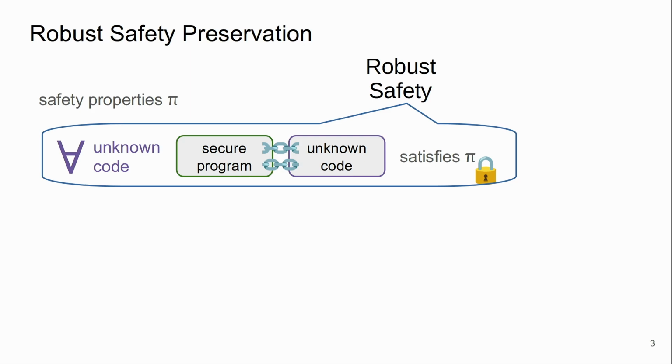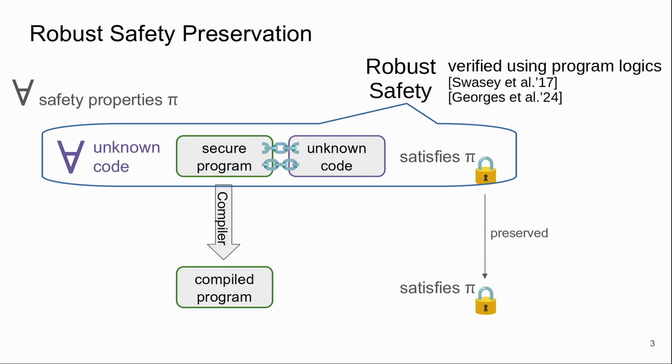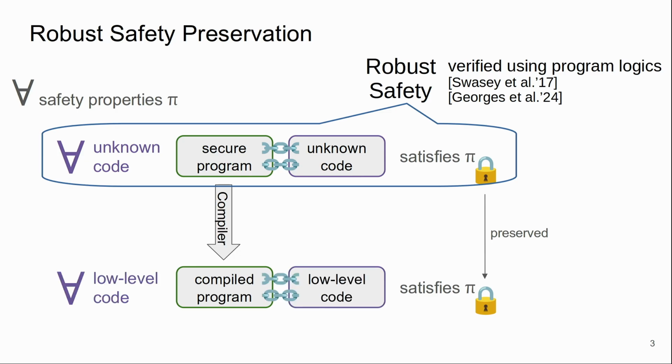Robust safety preservation can, for example, be proven using program logics, as shown by multiple works in the literature. A compiler is now called secure in this setting if it preserves all these safety properties. So when the compiled program is linked together with arbitrary low-level code, it needs to fulfill the same safety properties robustly. In other words, a low-level adversary has no extra power compared to the source language. So this is the existing landscape. In the next few minutes, I will tell you two problems with this existing approach